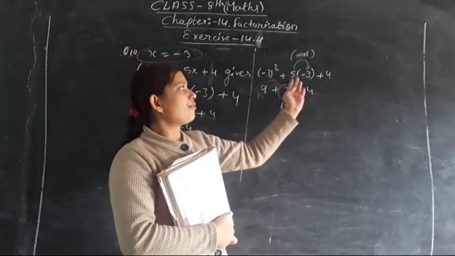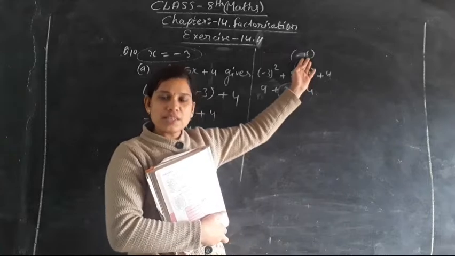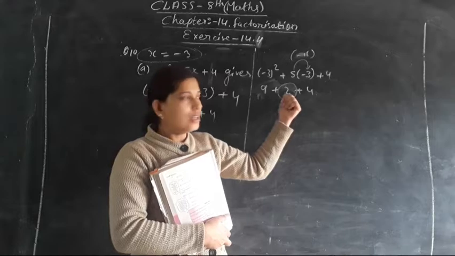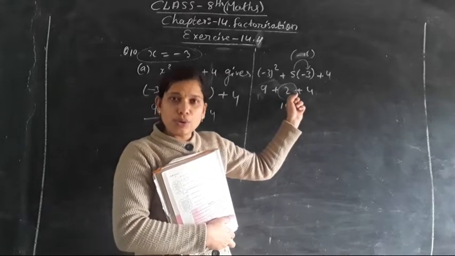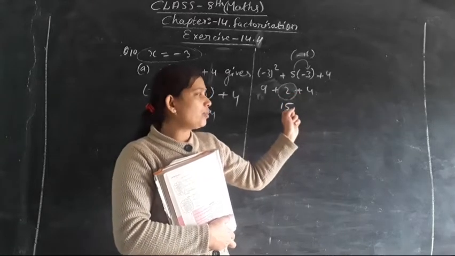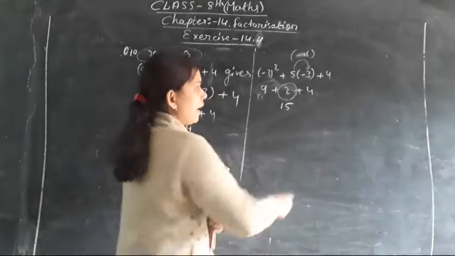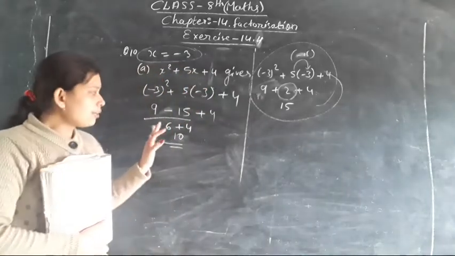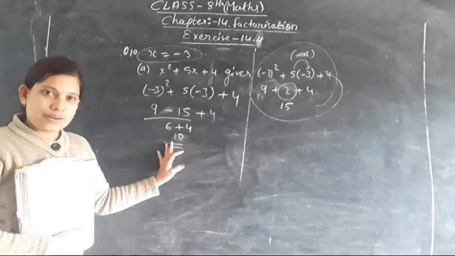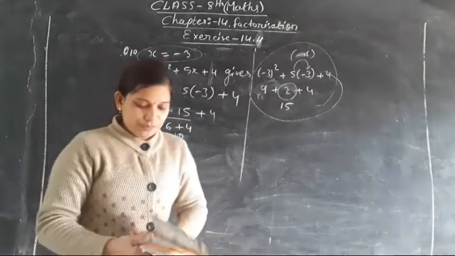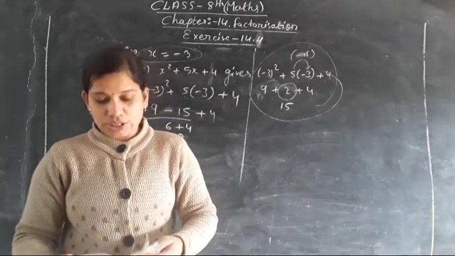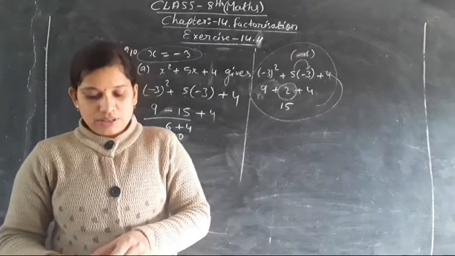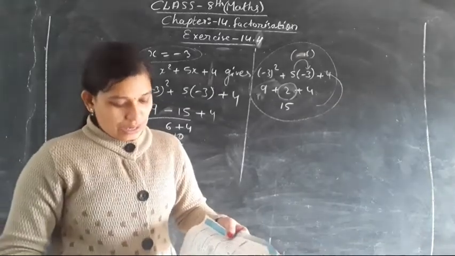What will the error be? Here 5 into minus 3, minus 15, should come, whereas here what answer is coming? 2 is coming here on solving. So here the error will be 2. Because of that error of 2, the answer is coming as 15. That means the error is present in this equation. Understood? While solving the correct part of the equation, you will get the answer as 10. Clear to everyone? So here is the solution. In the same way you have to solve the rest of the parts. Let me see what is the next question we are having.